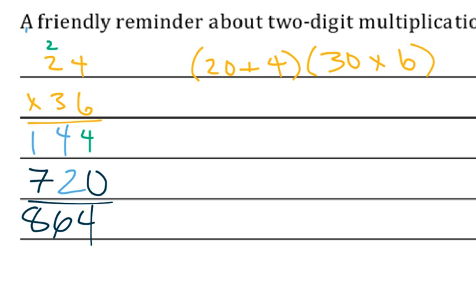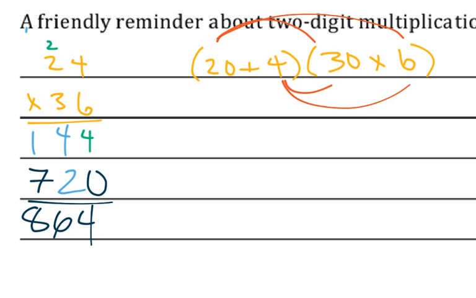And I just added that left to right because I knew nothing would carry. But really that works out nicely because, really, it's the distributive property. That's what's going on. And if I look at 20 plus 4 the way I have it written, at some point we had to do our 20 times 30. At another point we had to do our 20 times 6. At another point we had to deal with 4 times 30. And then at another point we had to deal with 4 times 6, which gave us that ones place that